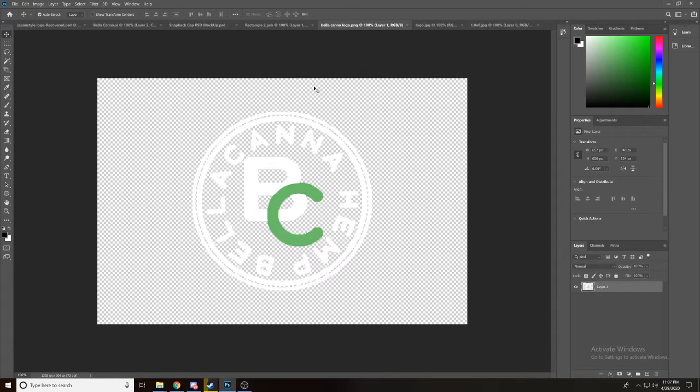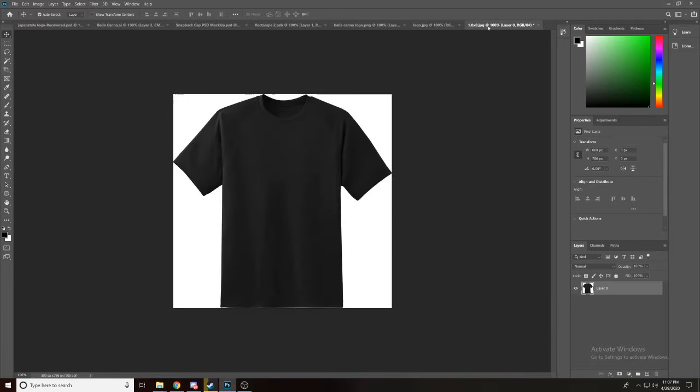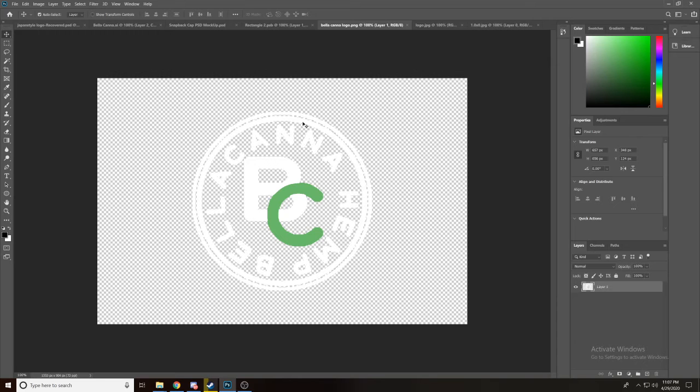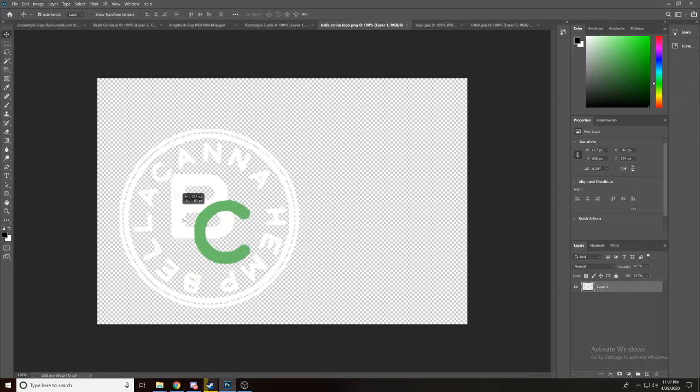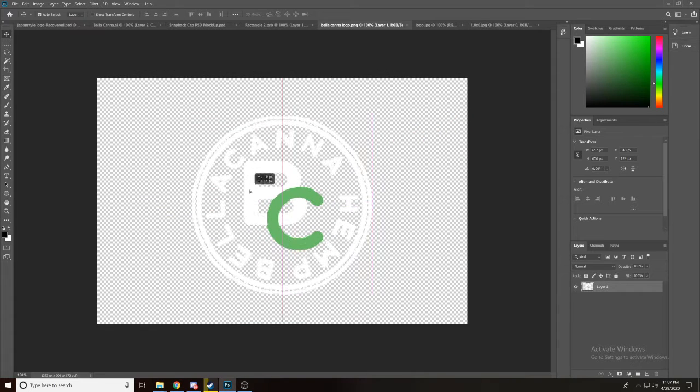Now, let's do the easy way first. So you're going to come back over here. See, this is how you change what you have loaded in Photoshop up here in these tabs. So here's your shirt. Here is the logo without a background. It's probably a PNG file, or it's going to be a vectored file or something like that. And you're just going to